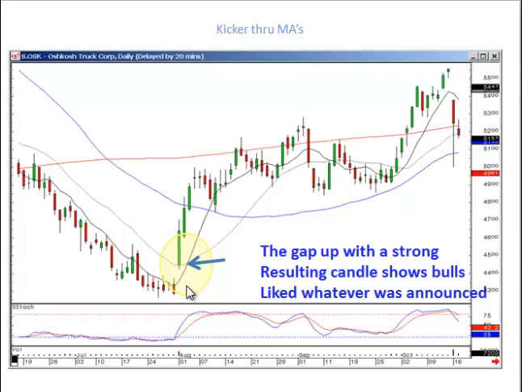This gap up was a result of something that took the trajectory of this downtrend and completely altered investor thinking going this way. This is another case where if you see a kicker signal forming, don't hesitate to get in. The only problem with a kicker signal is sometimes you have to move fast, so you have to know where your money is available, and it might not be in your game plan that day. But if you see a kicker signal, you want to do it because the results are going to have an extremely high probability of showing good profits.